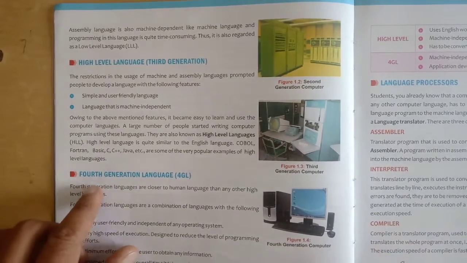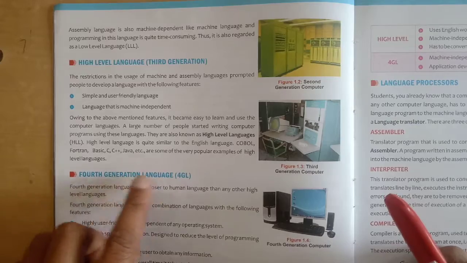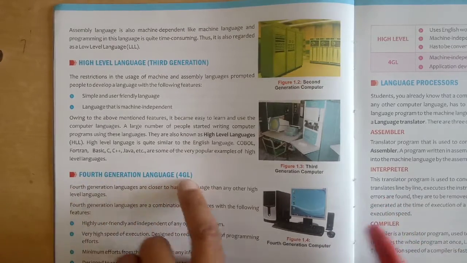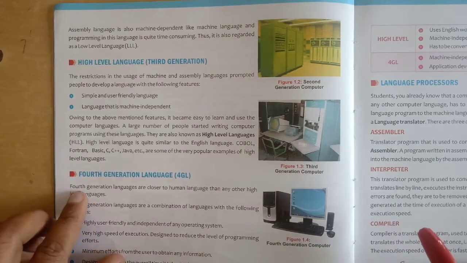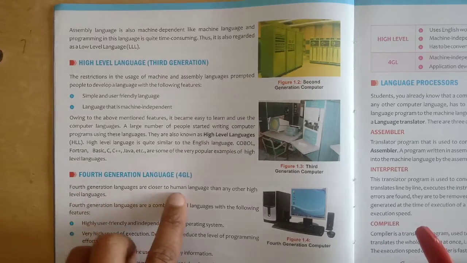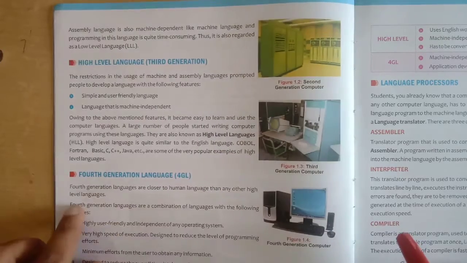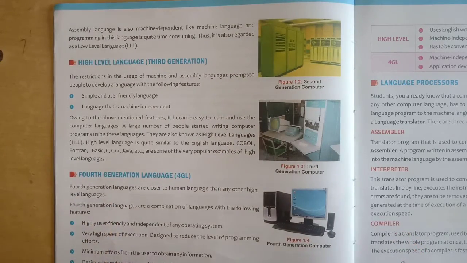After that you just come on the next, fourth generation language, means 4GL. Fourth generation languages are closer to the human language than any other high level languages. So what is in this type of languages? Mainly